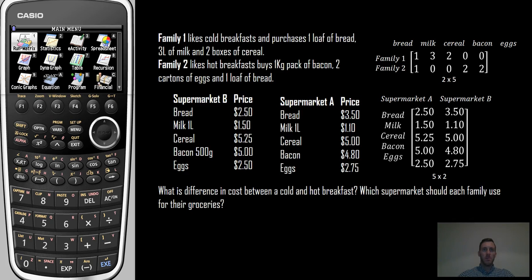In the unit on matrices, we learnt how to perform matrix operations manually, which is important for our understanding. Manual calculations are fine when matrices are small and uncomplicated. As matrices get larger, it's appropriate to use technology rather than to perform the operations by hand. In this video, I'm going to show you how to use the Casio calculator to enter matrices and perform basic